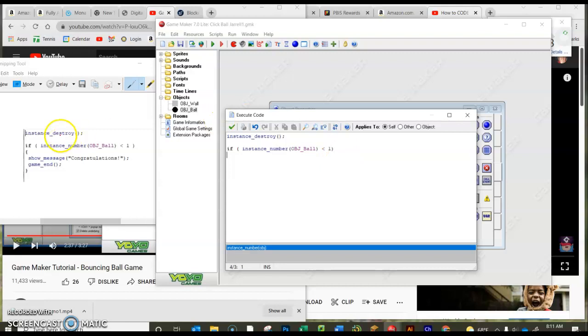Now the next one here is actually next to the P key. There are different types of parentheses that you can use. So it's the one next to the P key. If you hold the shift key, it is that parentheses. Enter, go down, show underscore message, open parentheses,